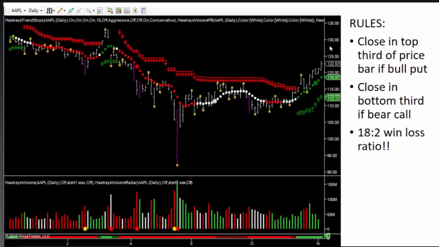Is that good? Do you like that? No, you don't have to have Hawkeye. As I said, for those of you moving forward, I'm going to show you exactly how to do this using proprietary indicators. It's not complicated or hard, but it does require a little bit of explanation, which is obviously what some of you are going to